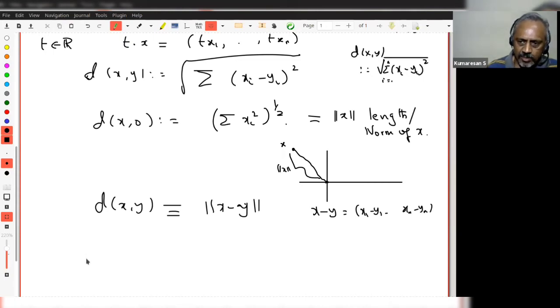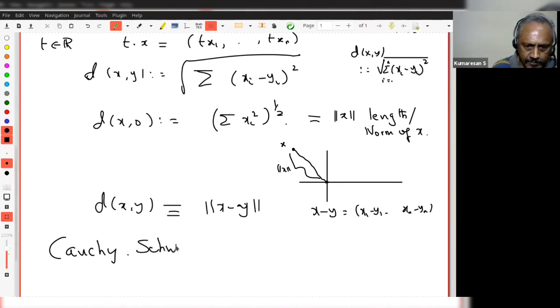All of you were asking about gradient yesterday, right? For that, I need that. So let me just state it without proof. This is known as the Cauchy-Schwarz inequality. But for that, I need something more. Maybe I should say that before I come to that.